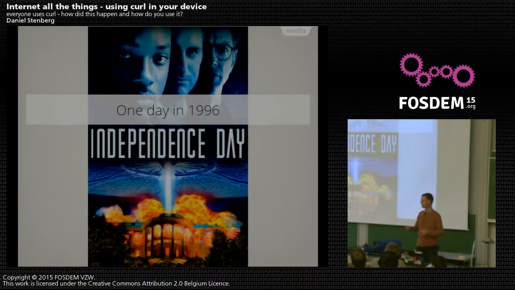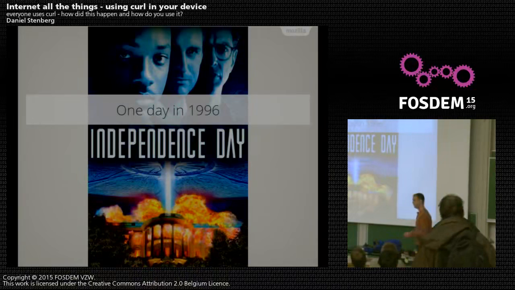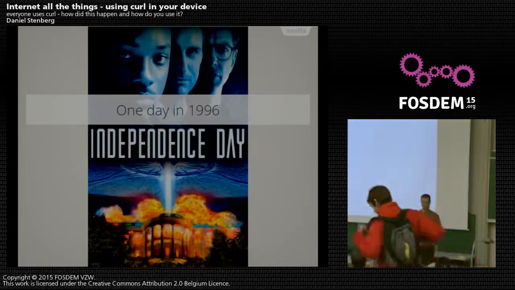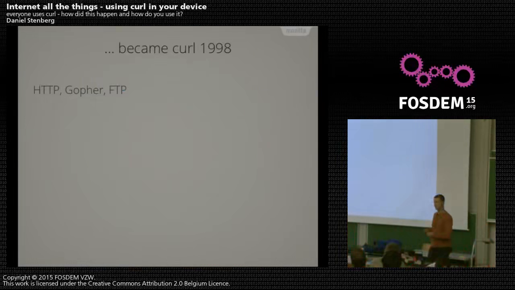I got this itch, I wanted to do something. I wanted to download HTTP. I wanted to do some currency rates translations actually for an IRC bot I was writing. So I better make a little tool that can actually download HTTP. So then I added a couple more protocols, like FTP. You have to have FTP. Gopher, that's where the edge is. So let's implement that too.